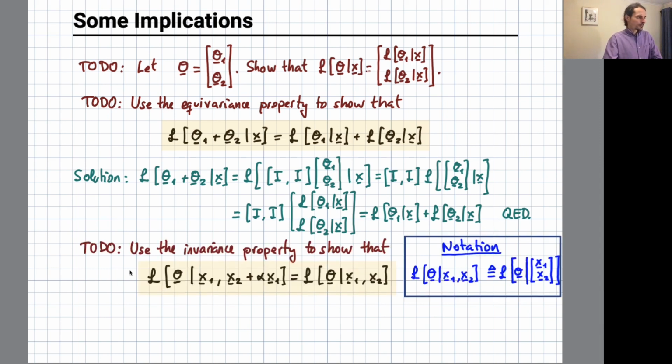The next exercise is to use the invariance property to show that if we add one of the vectors that we are using to estimate the parameter to the other, then